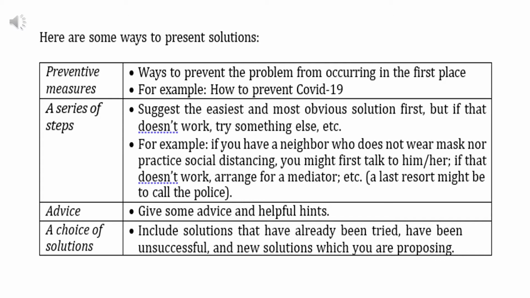It can be a series of steps. Suggest the easiest and most obvious solution first, but if that doesn't work, try something else, etc. We have an example here. If you have a neighbor who does not wear a mask nor practice social distancing, you might first talk to him or her. If that doesn't work, arrange for a mediator, etc. A last resort might be to call the police. So do we have that in the essay that we read? A series of steps? Of course, we do not have. The same is true with the